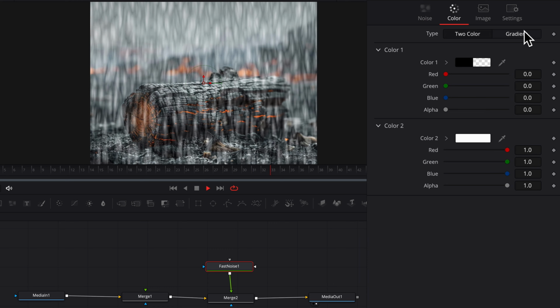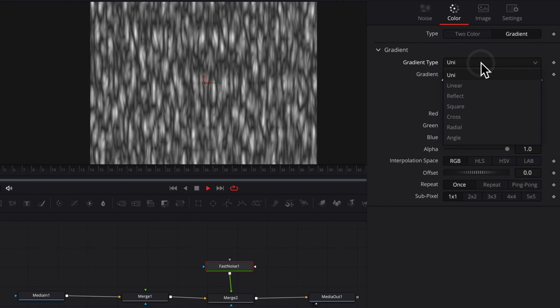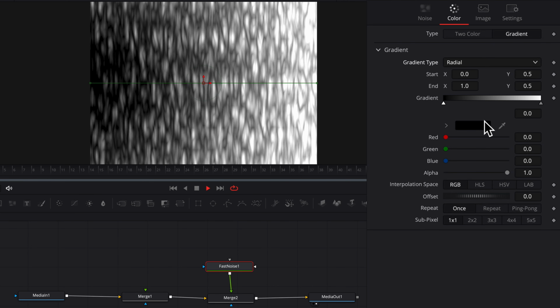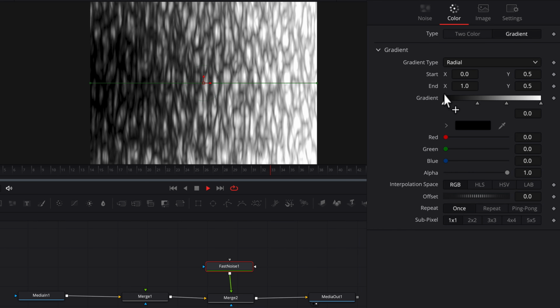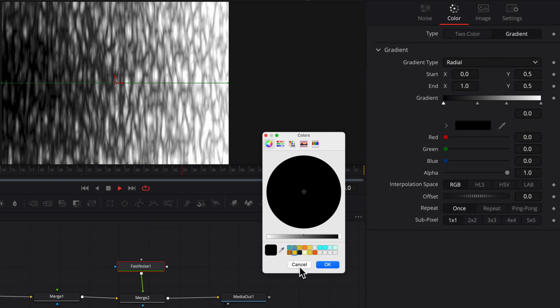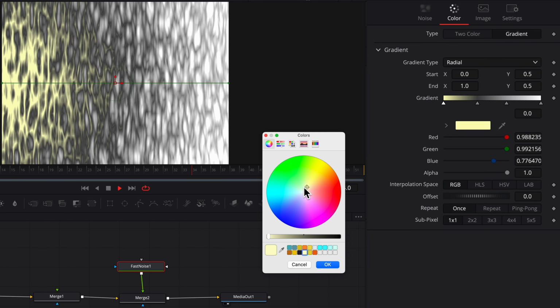Then we're going to hop over into the color tab. We'll select the gradient, and for this one we're going to use the radial gradient type, and we're going to add an extra 2 color points. So starting with the first colour, that one is going to be a really pale yellow colour. The value of that is